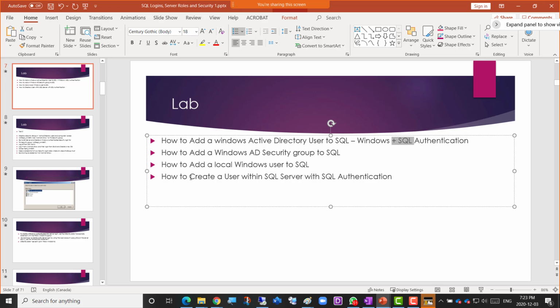By default, only Windows users, those users connected to Windows Server locally or Microsoft Active Directory, can connect to SQL Server if you properly add them. So right now Windows authentication is configured, but there is another type of authentication that we can configure, and that is